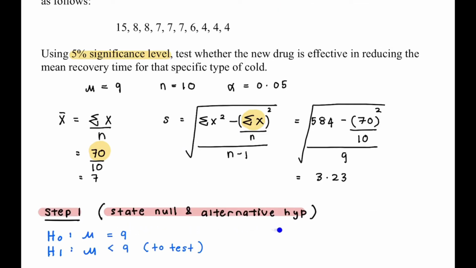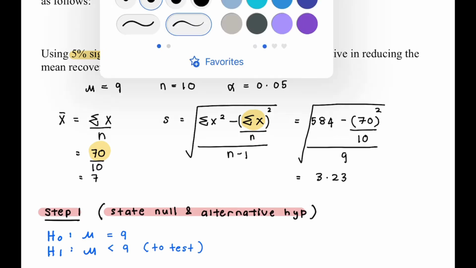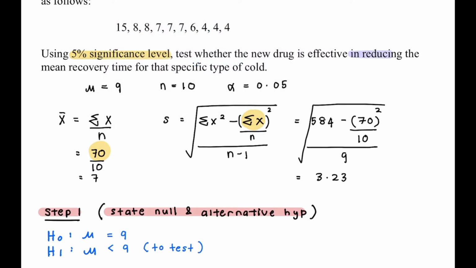The first step is stating the null and alternative hypotheses. So what is the claim? The question doesn't mention any claim. Then you have to test something. What is the test? Test whether the new drug is effective in reducing. This is the keyword. Reduce means the previous recovery time is 9 days, meaning that you have less than 9 days to recover. So this is the statement that you want to test, which doesn't have any equality